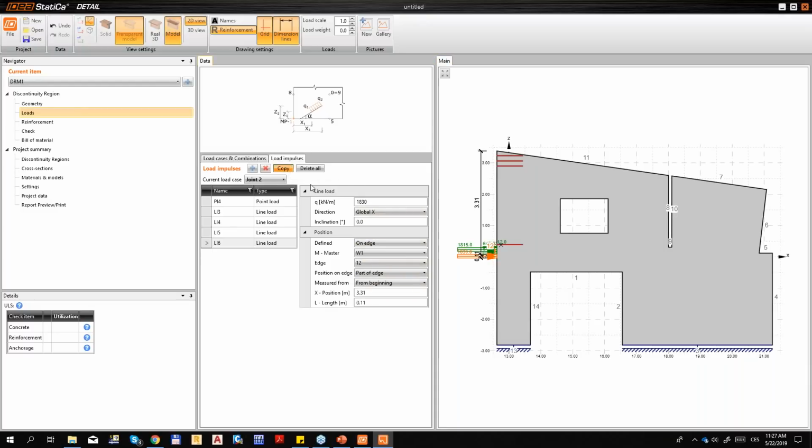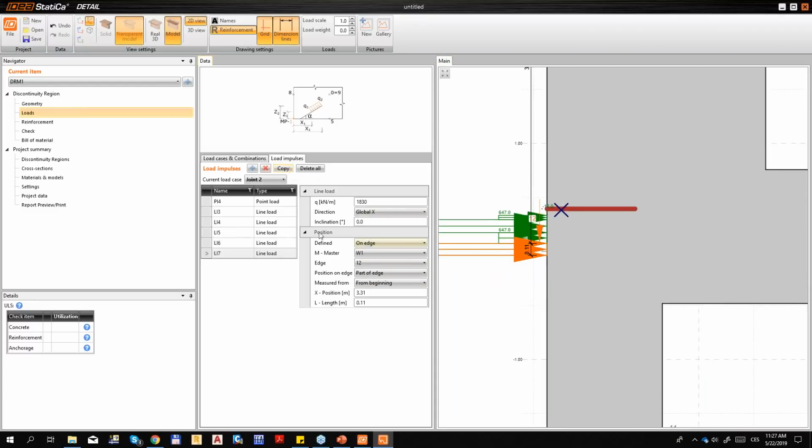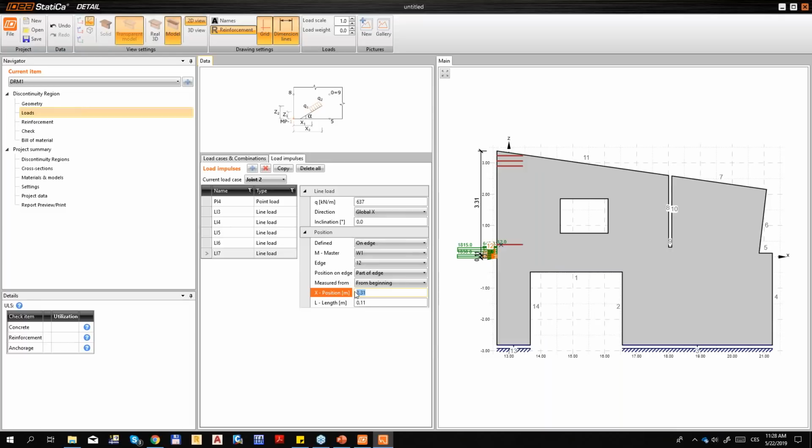And the last one, the intensity is 637. The distance from the top part is 3.42 meters, and the length